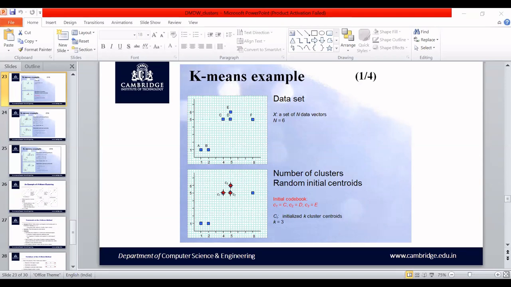So what would be my next step? I have to recompute the value of the centroid. How will I recompute? My previous values are 1.2 and 1.5. For that, I will add 3.0 and 4.0. So 4.2 divided by 2, and next is 4 plus 1.5, so it is 5.5 divided by 2. If I compute the new centroid values, they are 1.8 and 2.3 now.